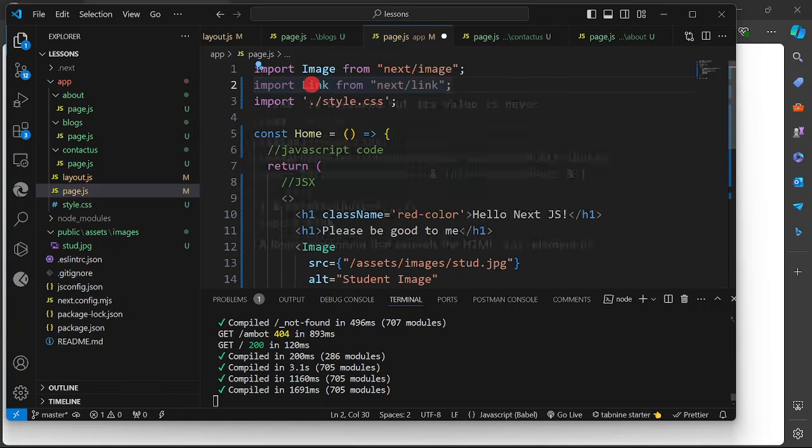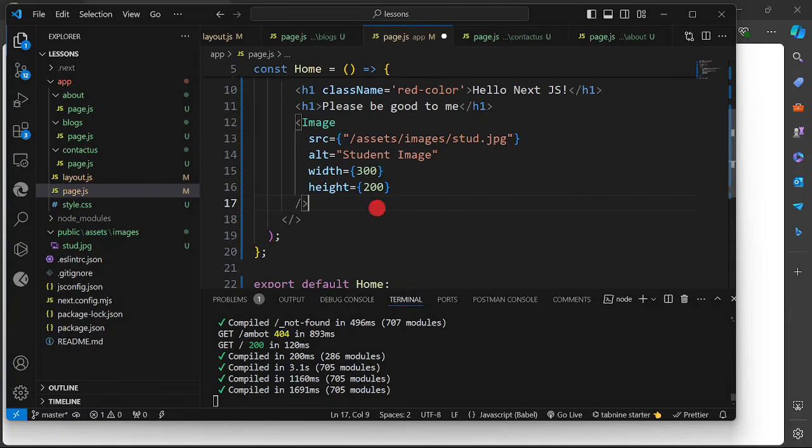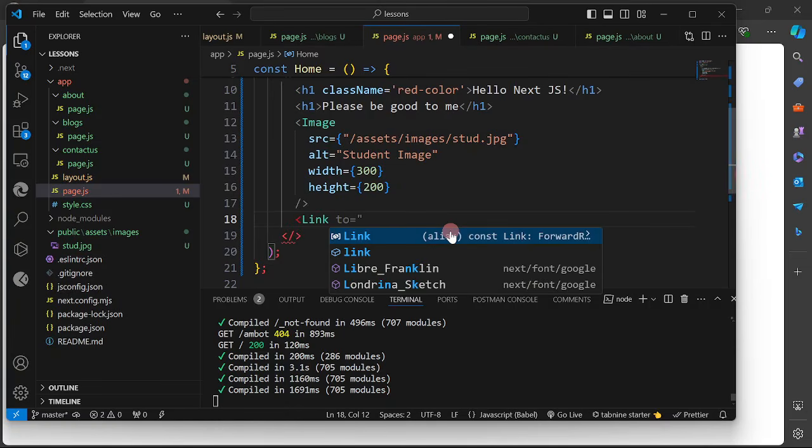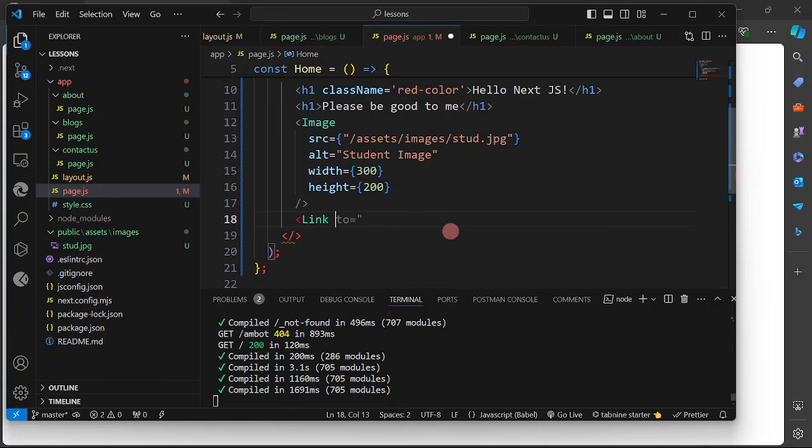Because it is the link component, we're going to use it so that we can access each of these routes. I'm going to create my navigation link just below the image. We're going to improve this as we go along. So I'm going to use the Link component here, and we're going to have href equal to